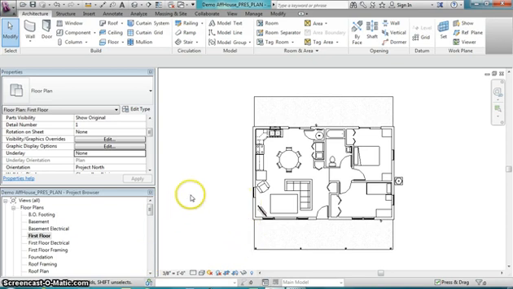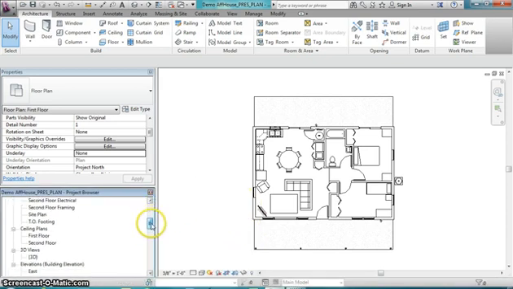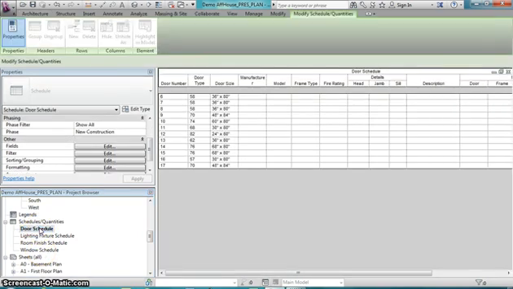Okay, this demonstration is going to be on door and window schedules. There are already preloaded door, lighting fixture, room, and window schedules in the residential template. We'll start with the door schedule, and it takes you into the schedule, and you can see there's all kinds of information in this schedule